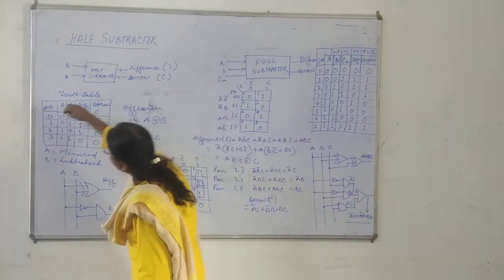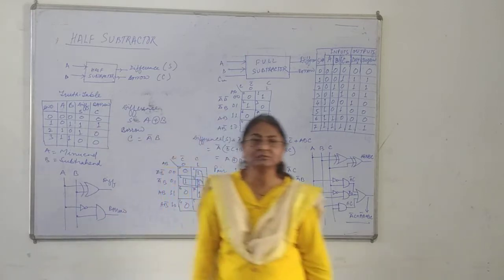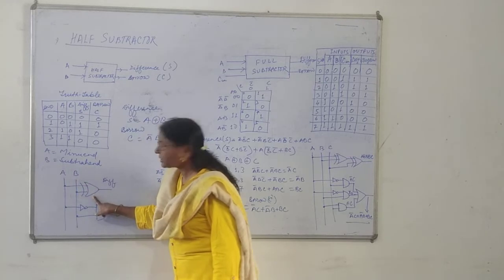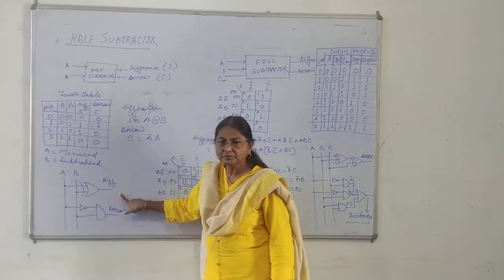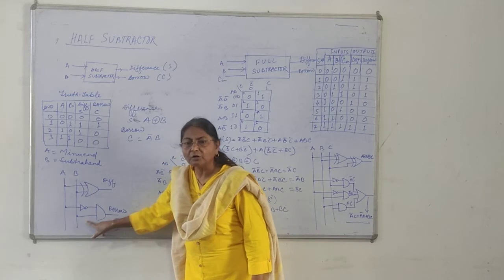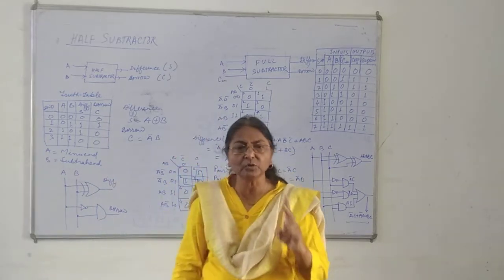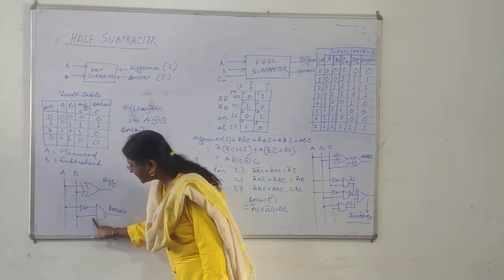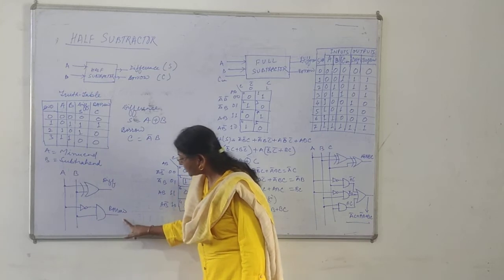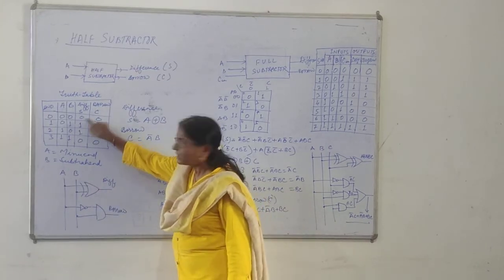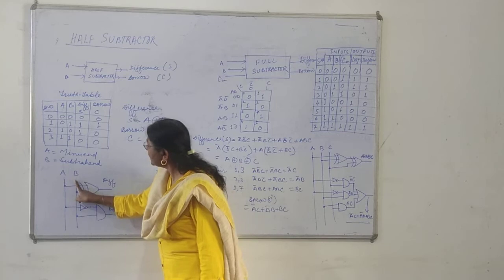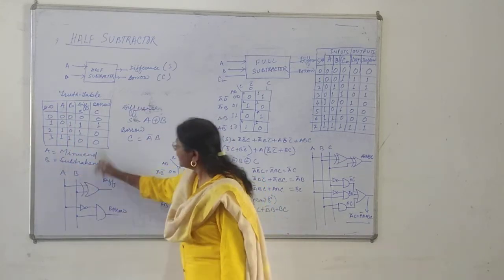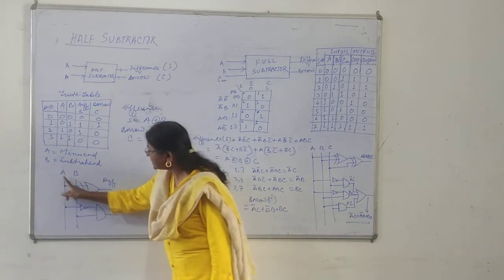Now let us put in values to see if this circuit is working or not. Suppose I have given 0, 0. In the exclusive OR gate, both inputs are 0, so the output is 0. In the case of the AND gate, we know the output is 1 only when both inputs are high. Here the inputs are 1 and 0, and if one input of the AND gate is 0, the output is 0. So this one is correct. Now again, here I have given 0 and 1.